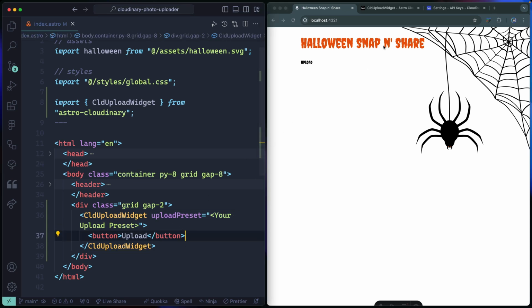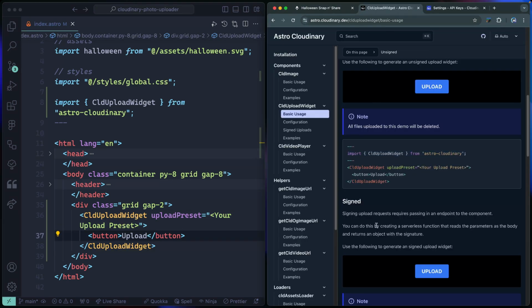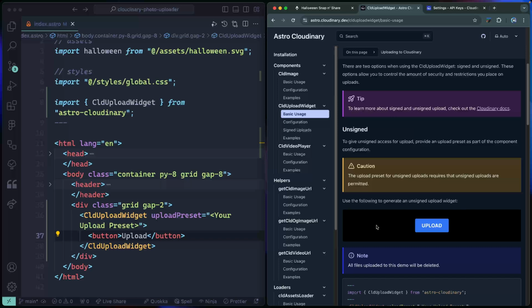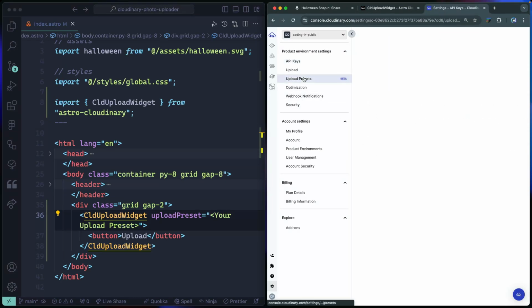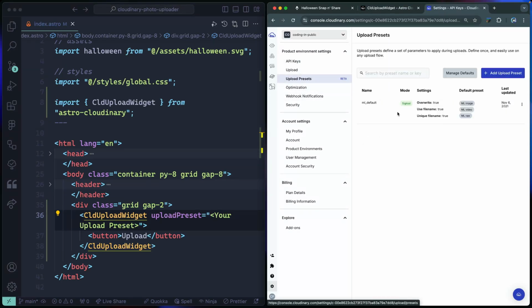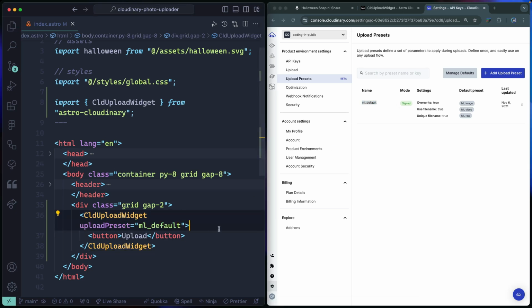Now there's basically 2 ways you can upload. Number 1, you can do what's called an unsigned upload. That would be less secure because basically anybody can upload as long as they have your preset name. Now where you get that, I'm going to jump back over this way. Under upload presets, you can create a preset that is set to unsigned. Now I don't have that right now, so I would use this like ML default right here, but again, it's going to have to be signed. So I won't be able to upload without the second way of doing this,